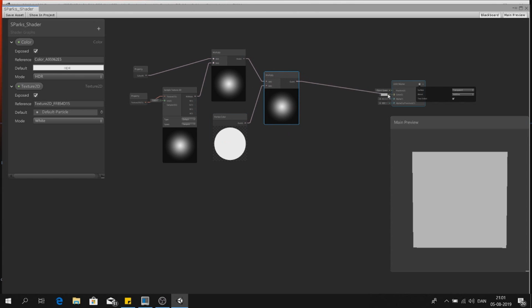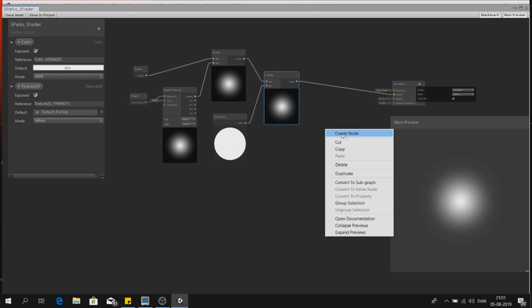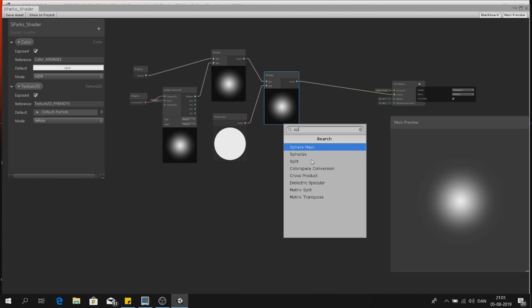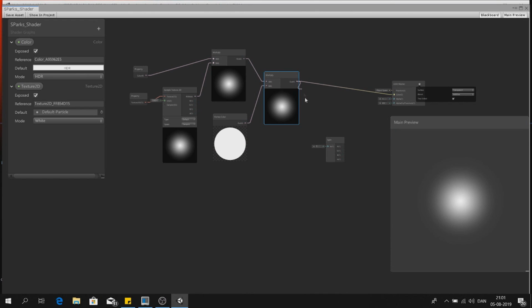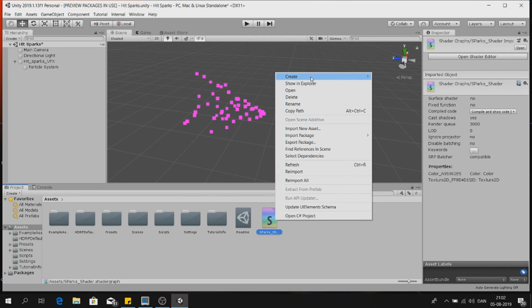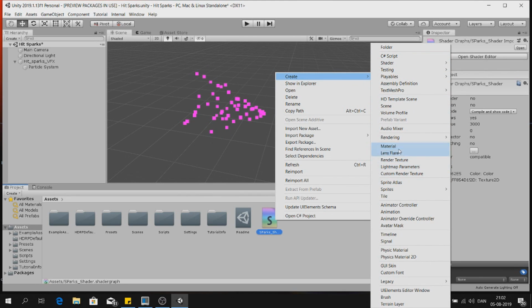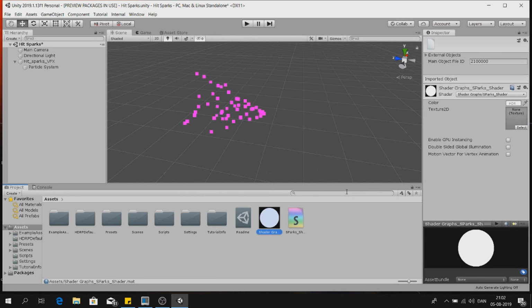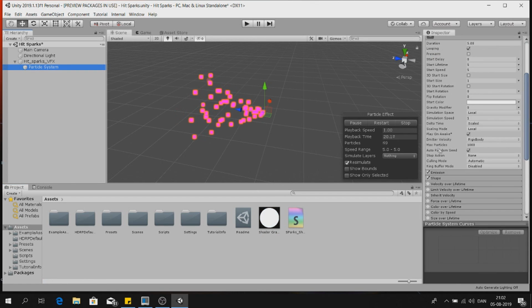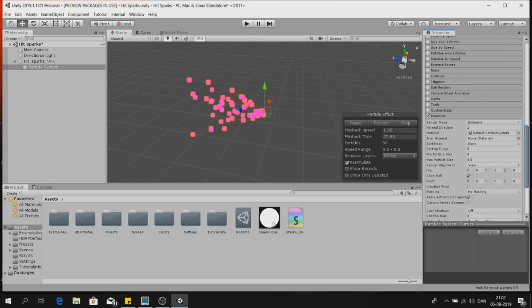and take this one and make it go to color, and create a new one, call it split. Make this one go down to the split, and the alpha here go to alpha there. Change the x to 0. Save the asset, close it, right click, create material. Take the particle system, go into render, take the new material, put it over,